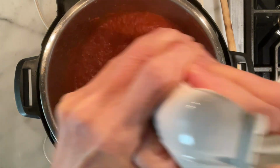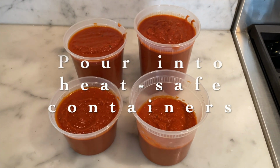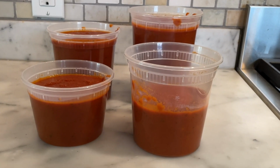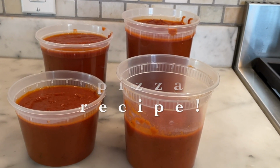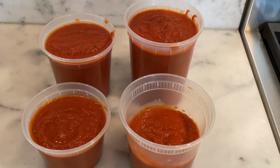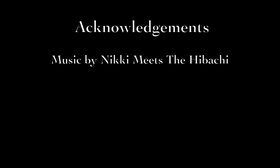Once it's your preferred consistency, we're going to pour this into heat-safe containers. It'll keep in the fridge for about a week and a half or indefinitely in the freezer. This sauce is pretty versatile. You can use it with pasta or any recipe that calls for red sauce. I like to use it as pizza sauce in my pizza recipe, which you can also find on my cooking channel. Homemade marinara sauce is easy and delicious, so skip the jar next time and try making this in your